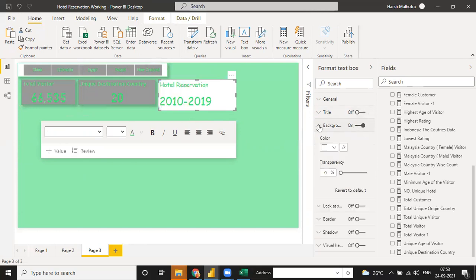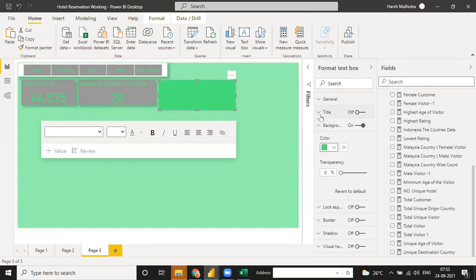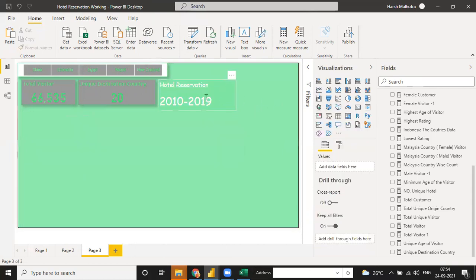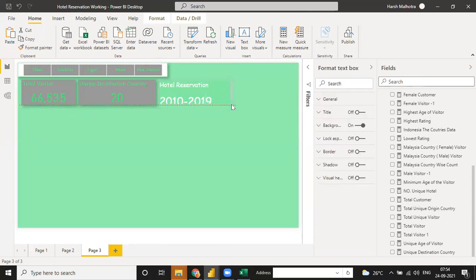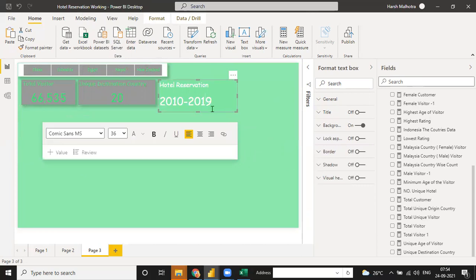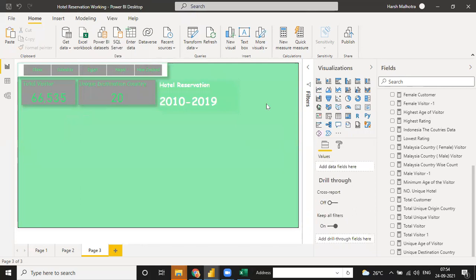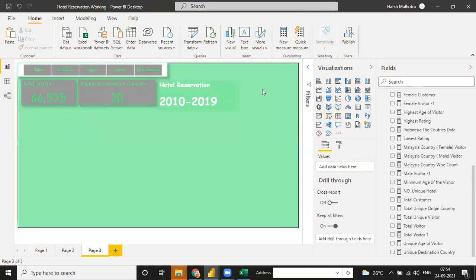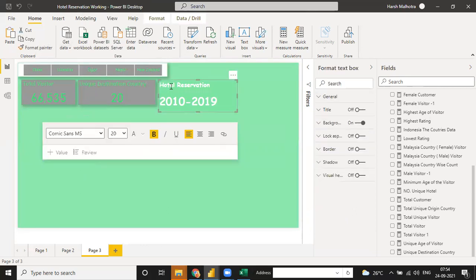You can use background color from this, and font color as white. Now it's done. Also see the background color is something different, so you can use this.